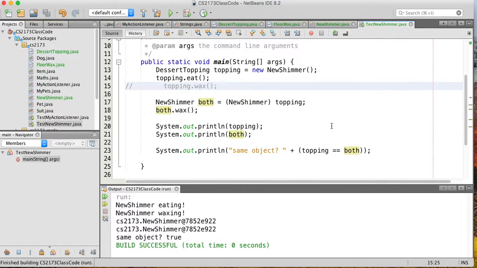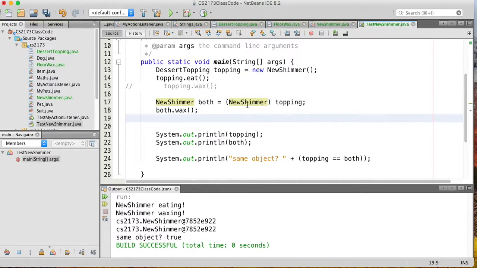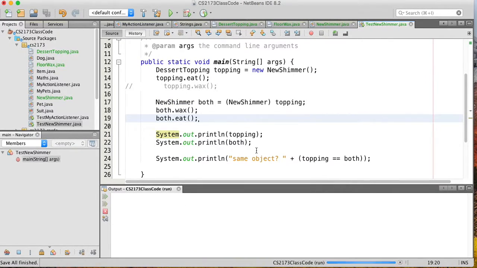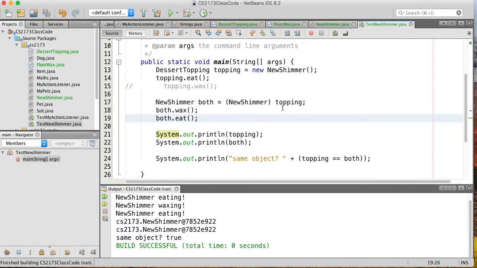So again, I'm incorporating what we talked about with casting and other types of things before. The idea is that with this one object, if I only have one of the interfaces in context, then I can only invoke methods of that. But if I now have both in context, then I can still invoke either method. Okay. So that's multiple